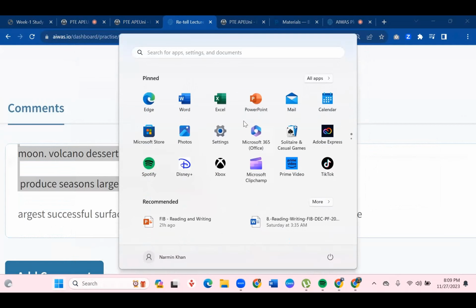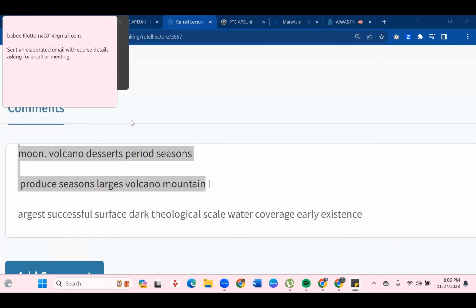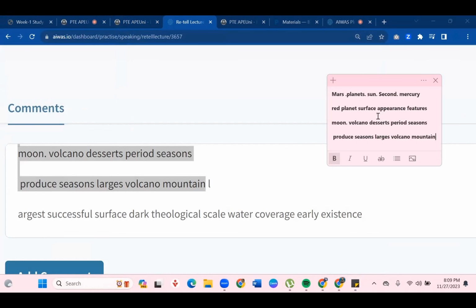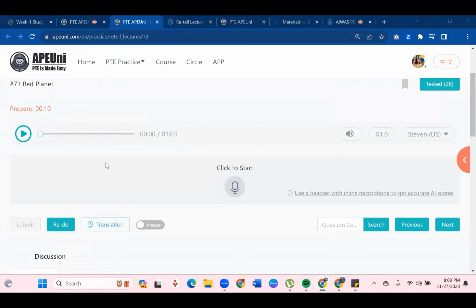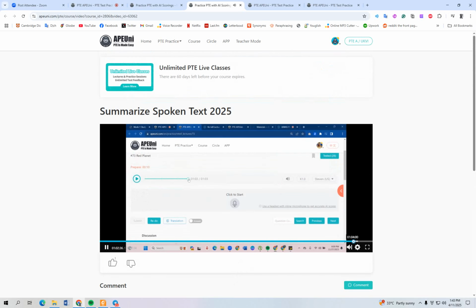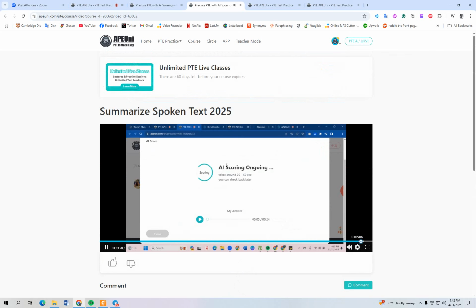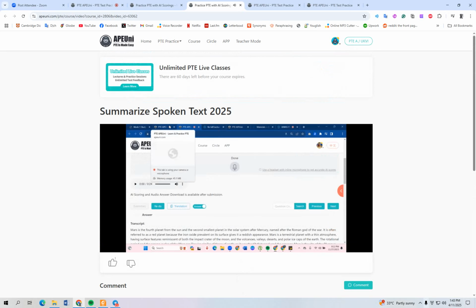Okay, I'm just going to copy them here and write them in my sticky notes. Just to keep them all. Okay, 1, 2, 3. All right, let's go back to Apuni. I have the template obviously memorized. Mars. Range of scores. Sometimes you will be in a situation where you've got only 6, 7 words, you don't